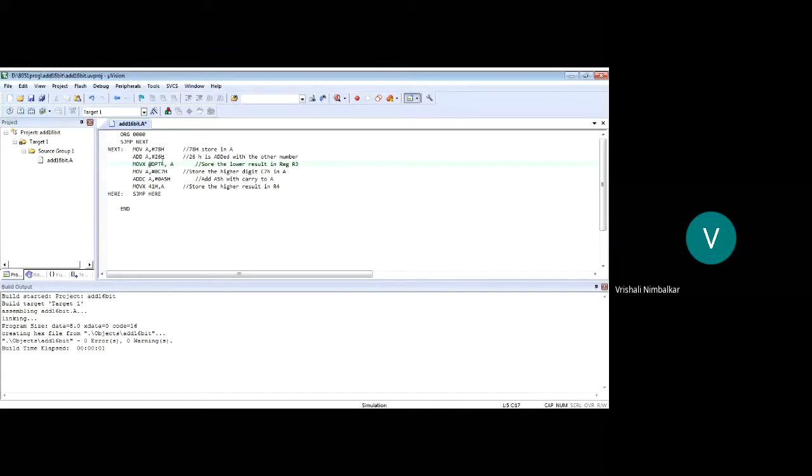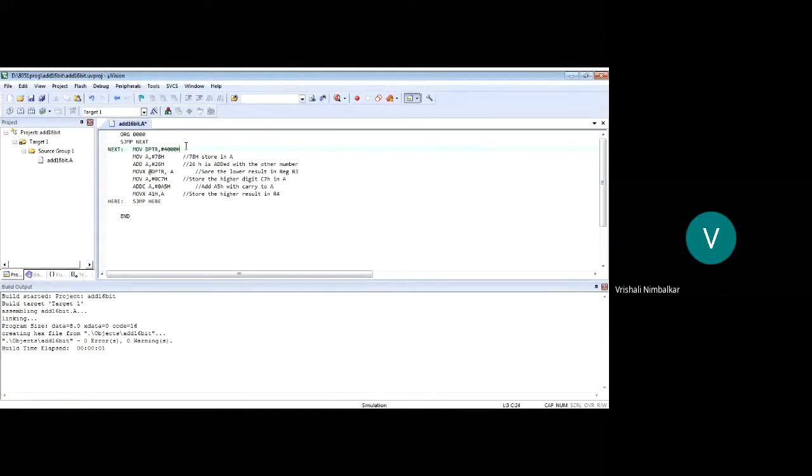But what is there in DPTR? Does the program tell you what is there in DPTR? No. It should be mentioned. And what should be in DPTR? The address where the result is to be stored. And what have we been told? The address to be stored is 4000. It means DPTR should be loaded with 4000 hex.